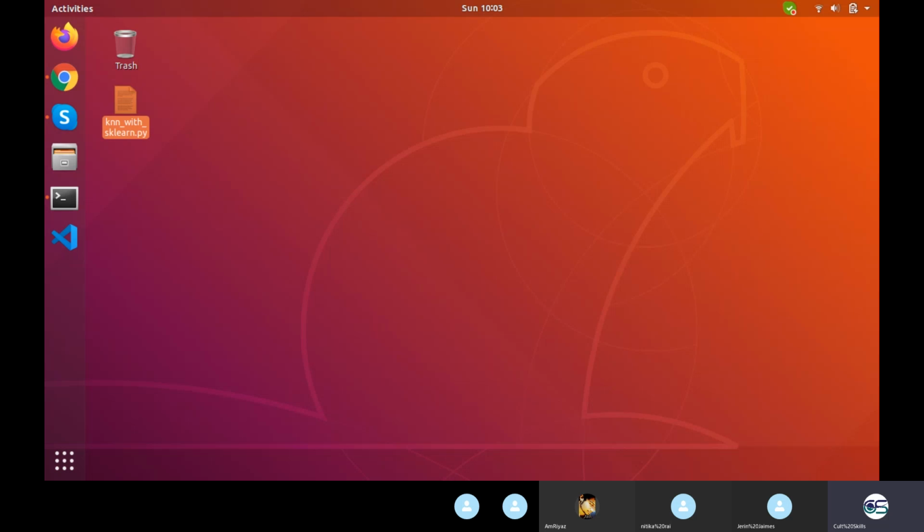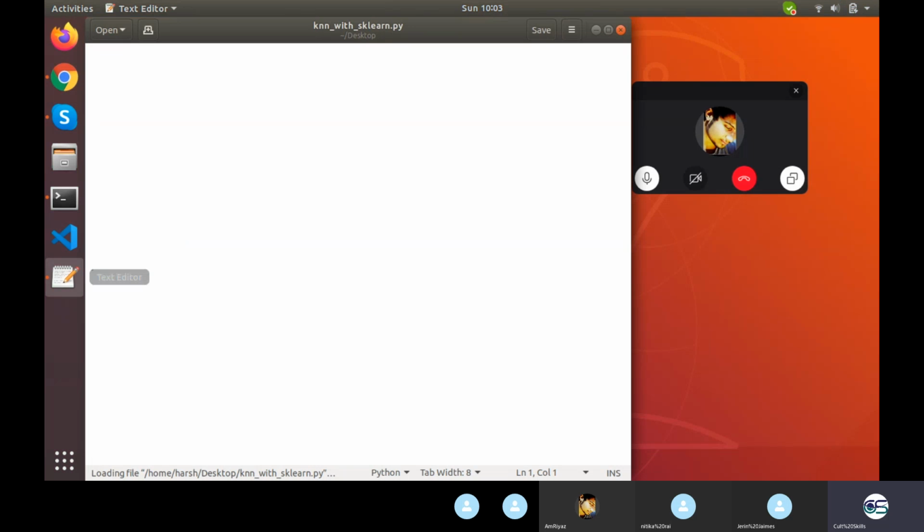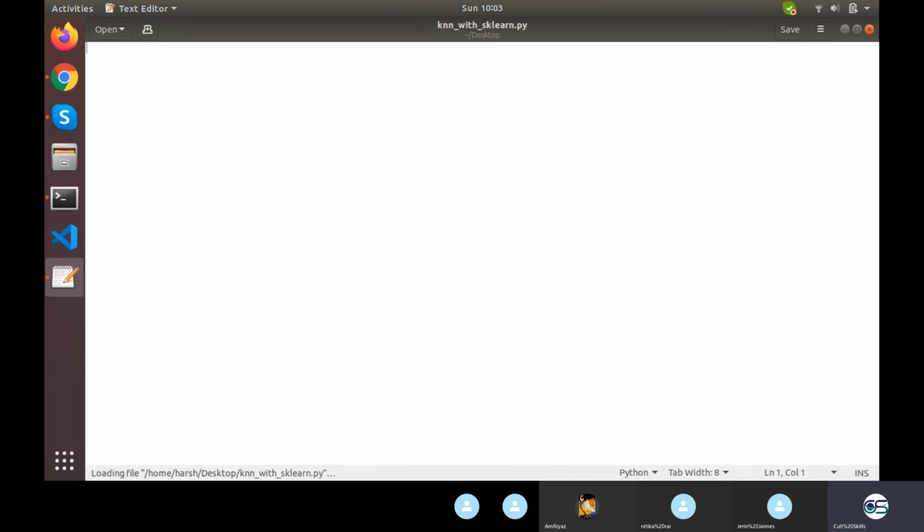Okay, so this is what my file looks like. Now I'm creating dummy data again. You can create your own or load your data with pandas, but I'm creating dummy data. X is equal to 5. Let's make three kinds of classes. One class is of smaller numbers, below 20 or below 30. One class is of intermediate numbers like 200, 300, and one class of bigger numbers like 1 lakh or so.